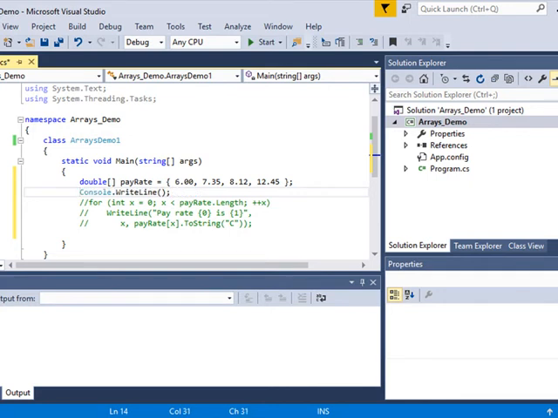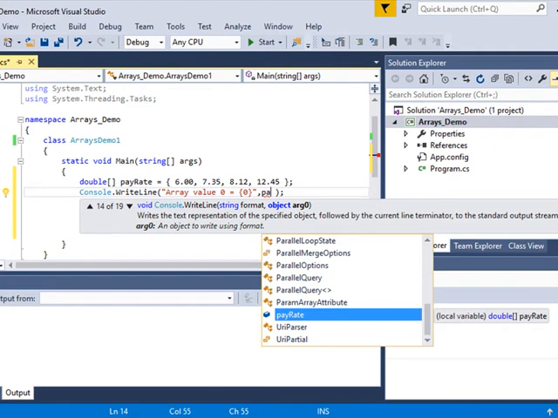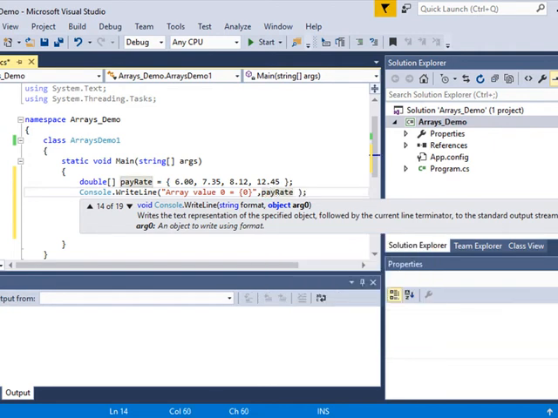And I'm going to say let's see what array value 0 is. And I'm going to put my placeholder in there. Say go ahead and take that first one after the comma, and I'm going to say pay rate, and I'm going to say